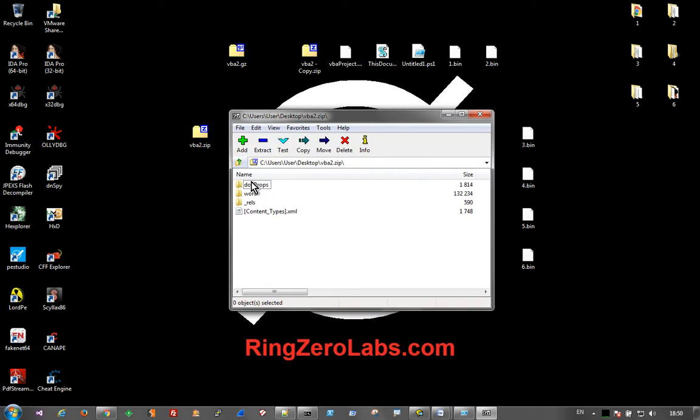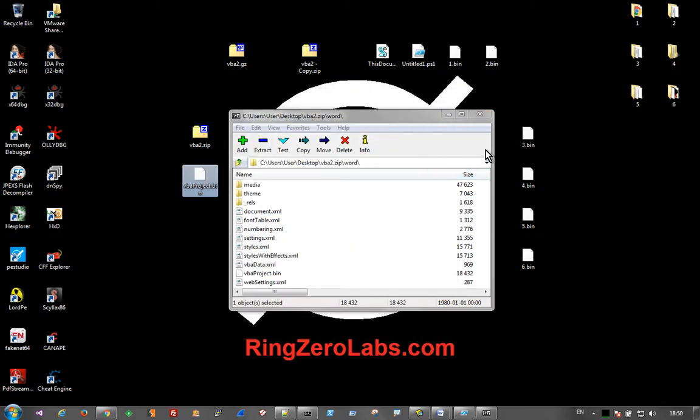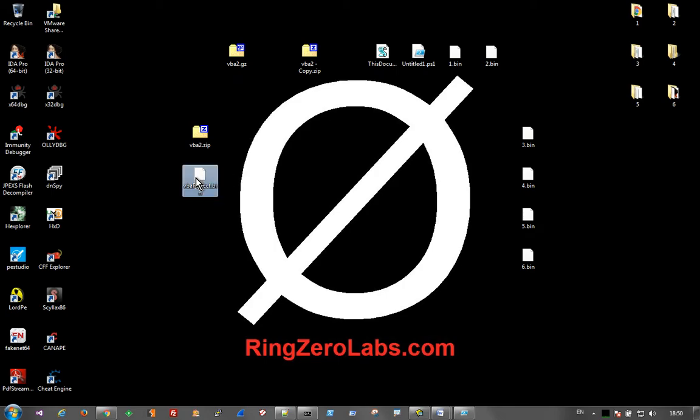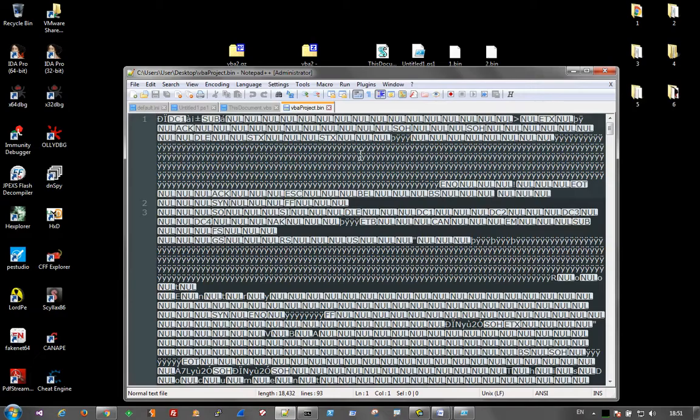And inside we see the internal structure, and if we go to the Word folder, and then down at the bottom there's a vbaProject.bin. That's going to house all of the VBA code that we need to look at. So all you do is just drag that out, and there it is. So if we try to look at this in a text editor, we see that it's